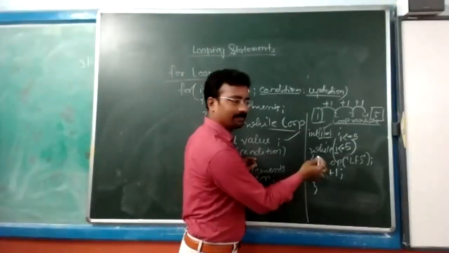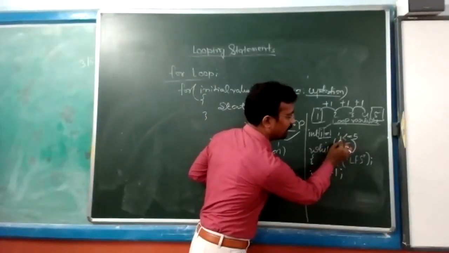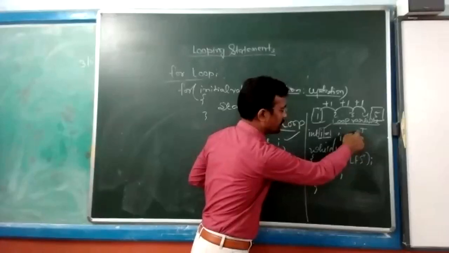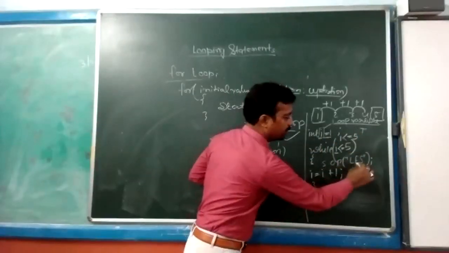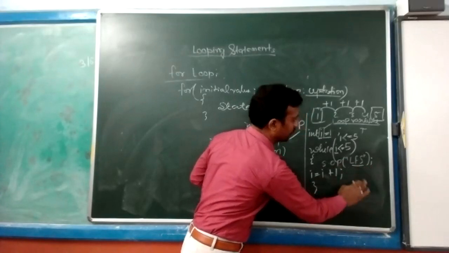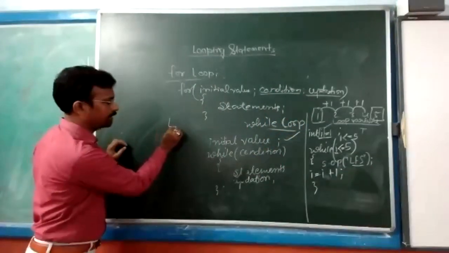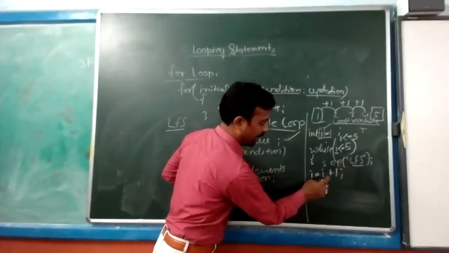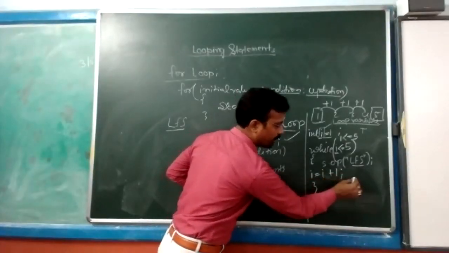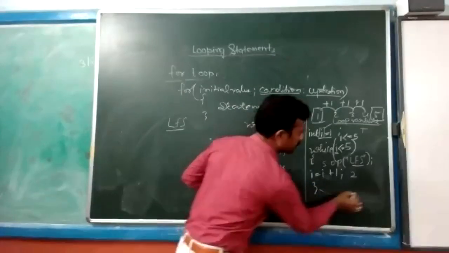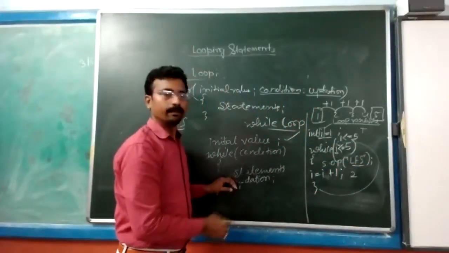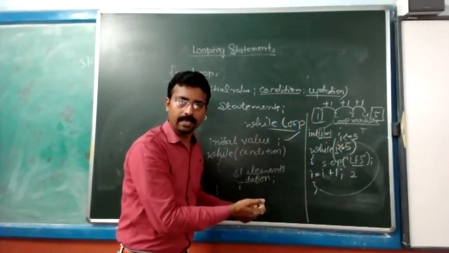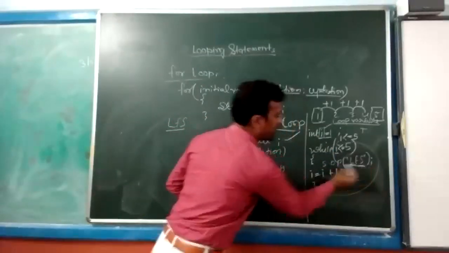So what is happening here? See, this 1 is less than 5. The condition is true. Due to the true condition, the control will come inside the block, and in the block LFS is given, so LFS is printed on the screen. After printing LFS, control will come here, and i will be updated by 1. So the new value of i becomes 2. This 2 is transferred here again. 2 is less than 5, yes or no? Again it comes back and LFS is printed a second time.